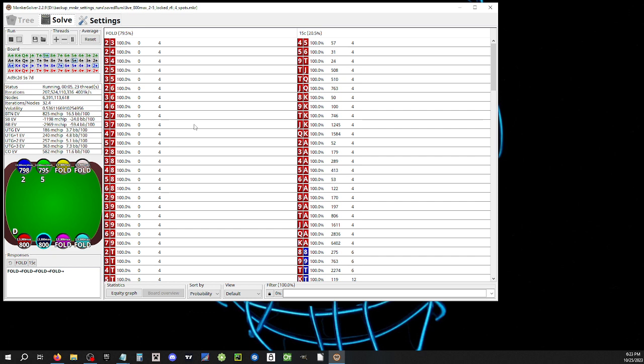Now I have 1/3, half pot, and I also have check flop, overbet turn, which is another line that I take, and I use that one consistently